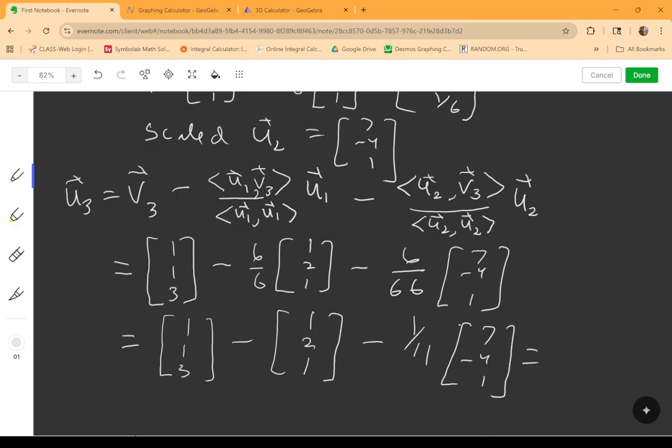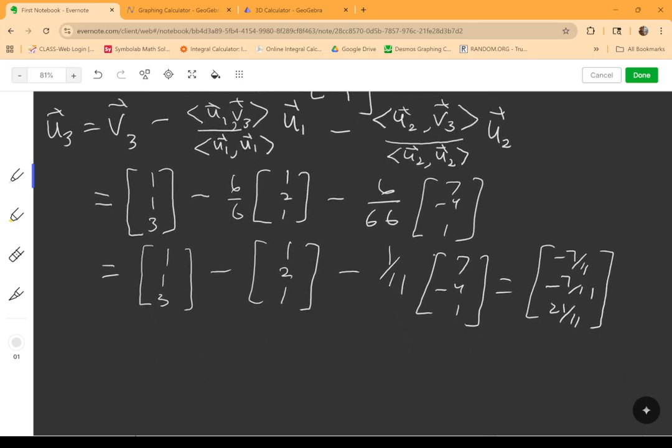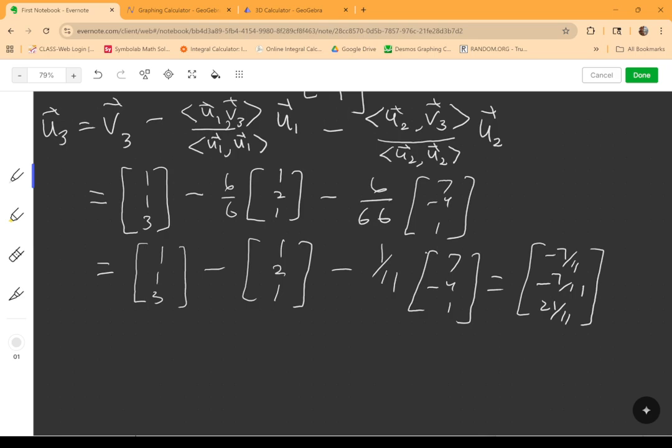And again, adding all these up, we get the vector negative 7 over 11, negative 7 over 11, and 21 over 11. And as before, I'm going to scale it. I'm going to multiply by 11 over 7 to eliminate the fraction, and there's also a factor of 3 here. So my scaled U3 is going to be the vector